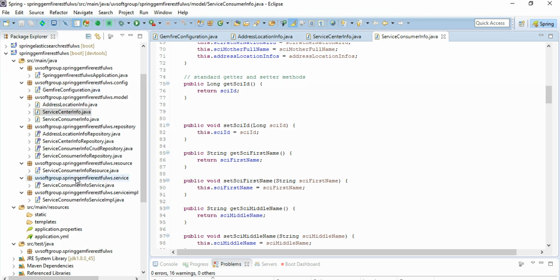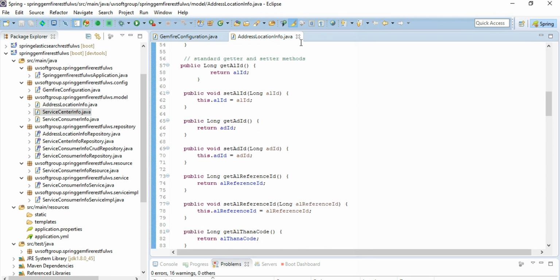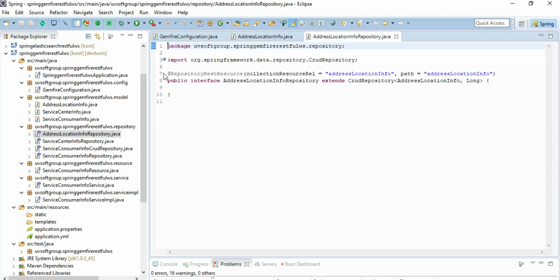For our case, we find out the possibilities: how the repository needs to be implemented, and how you can start the implementations. You see the address location repository. This is the really default repository from Spring Boot. You see the repository REST resource, and we put there the class path, resource reference, and then the path of the URL. That means if you annotate your repository, your address location repository, extending the CRUD repository, and